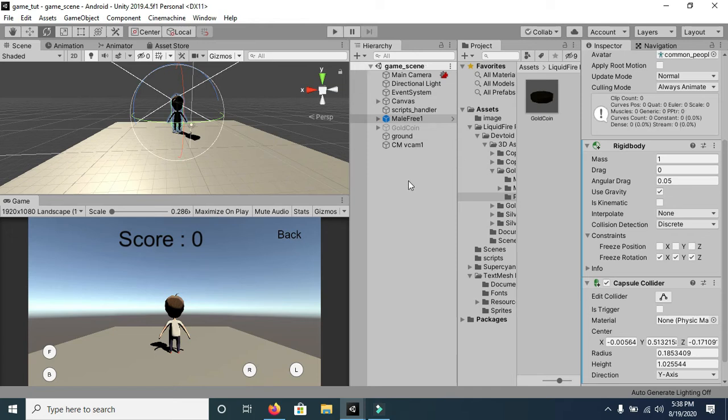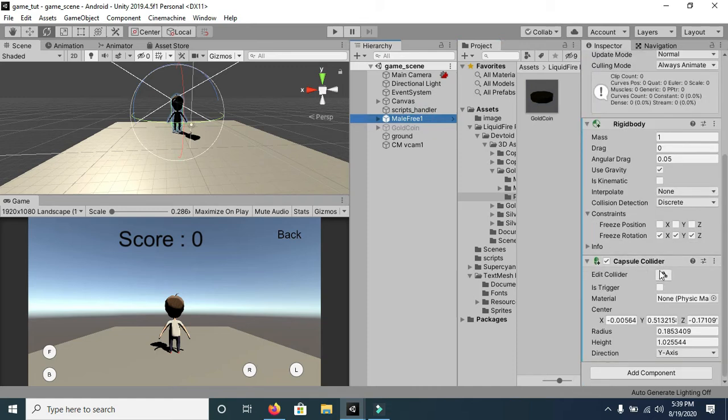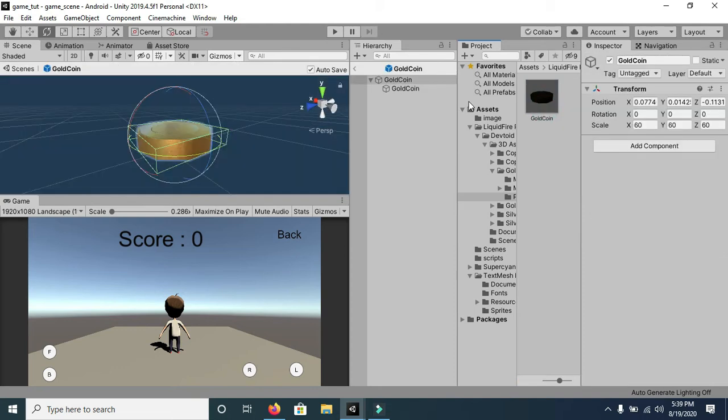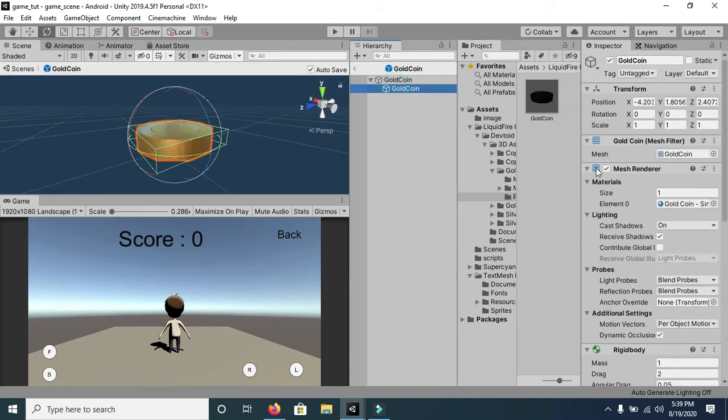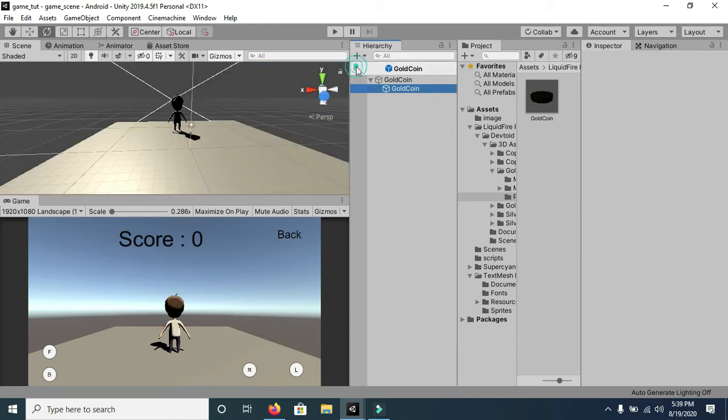Now save this. Now we want our gold coin to disappear whenever this gold coin collides with this player. In order to achieve this, we have to add a collider with this gold coin and this 3D player. As you can see, I've already added this collider with this player, and with the gold coin also I've already attached a collider. If you remember my last video, then you must know that we have already added this collider. Now we have to write a script, and in the script we will write a function which will detect whether the collision has taken place or not.